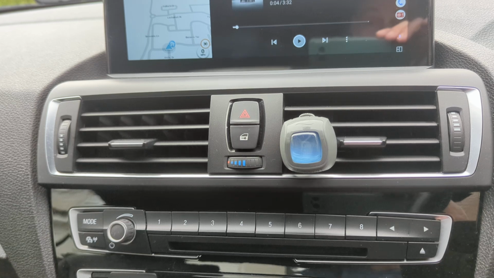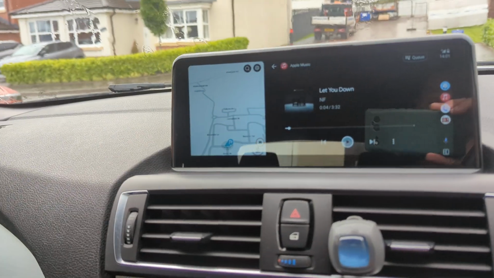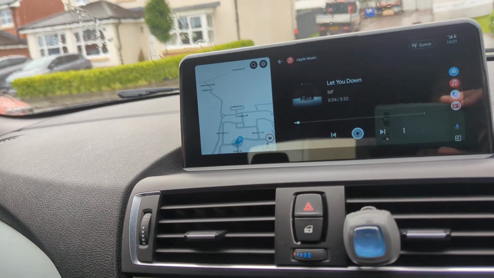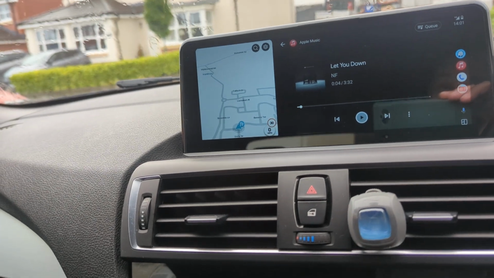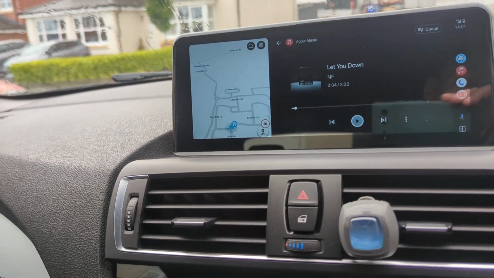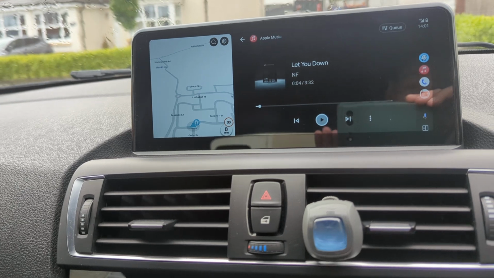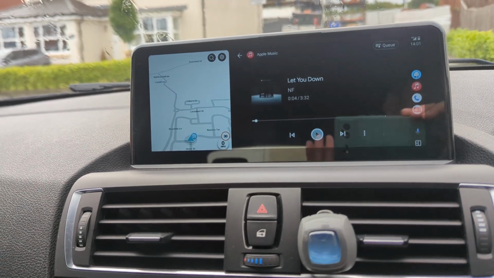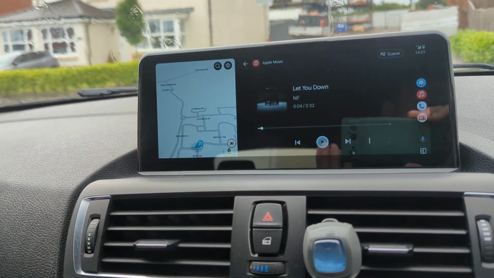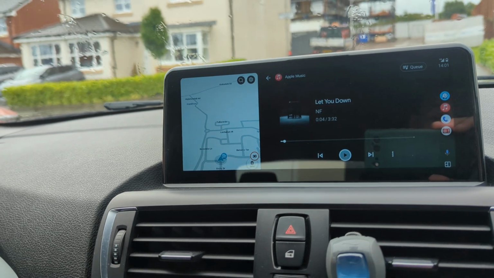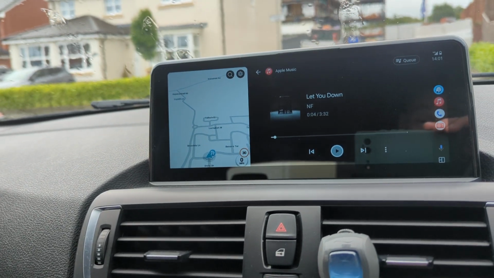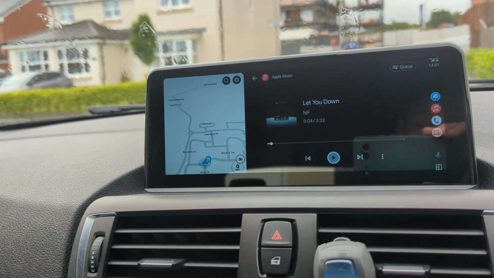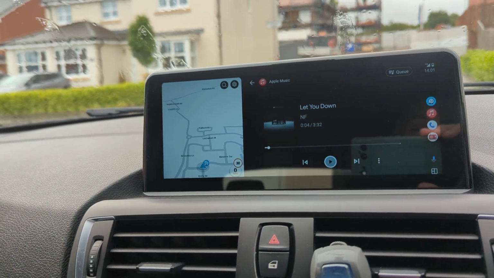I use BMW Bluetooth, so the head unit talks to the phone talks to the car's Bluetooth. That means that when I switch it on, the head unit generally comes on really quickly. BMW Bluetooth is pretty slow, so I've normally got to wait for BMW Bluetooth for could be up to 10-15 seconds to catch up. The other thing that you can do is wire this head unit directly to your aux,